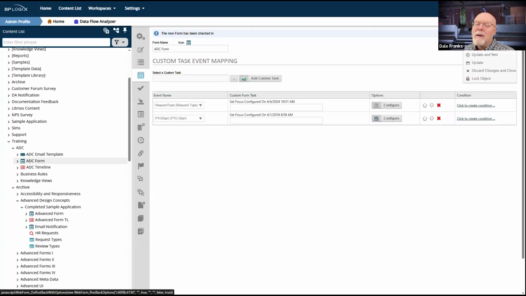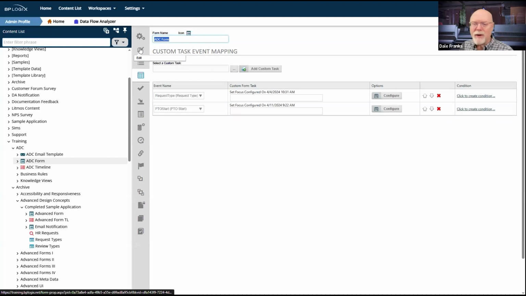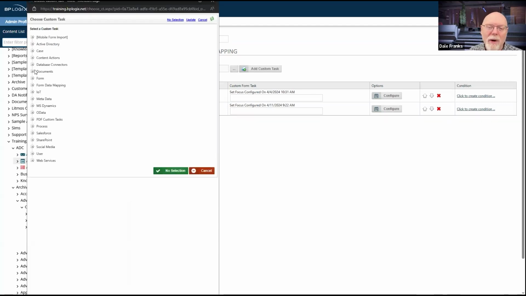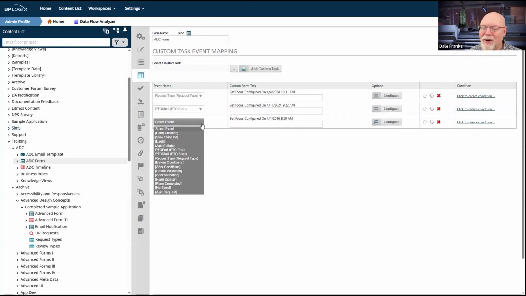And obviously, in the real world, we'd want one of these on our request type dropdown. And even though it will be the last field on the form, nope, you know what? We don't have to do it on the PTO end field. And the reason we don't have to do it on the PTO end field, but we do need it on PTO start. And technically, well, we're here. Why not just do it? We'll go to form and we're set focus. There it is, set focus. And we'll add it to our request type drop down too.